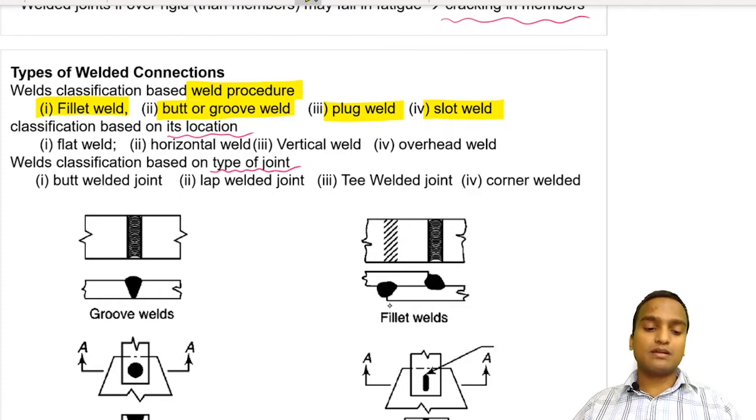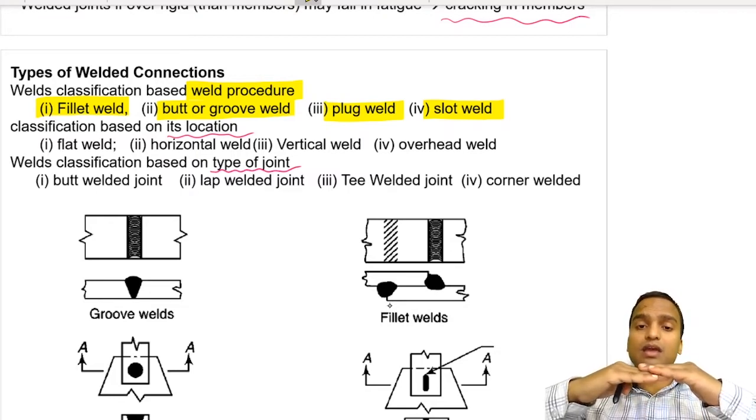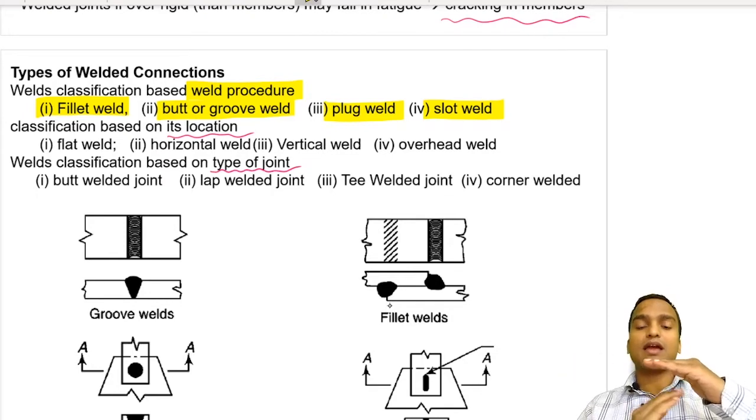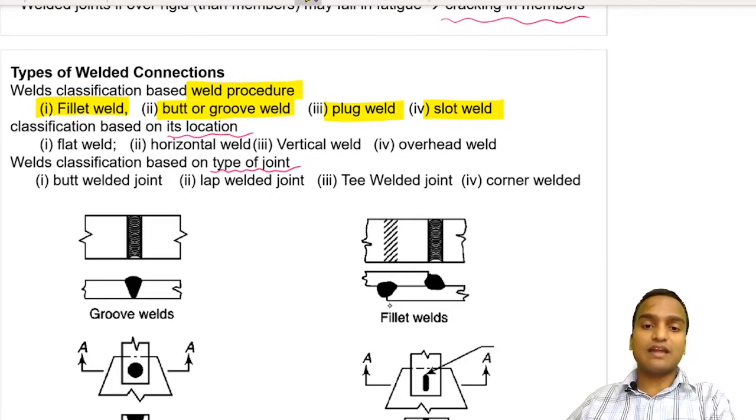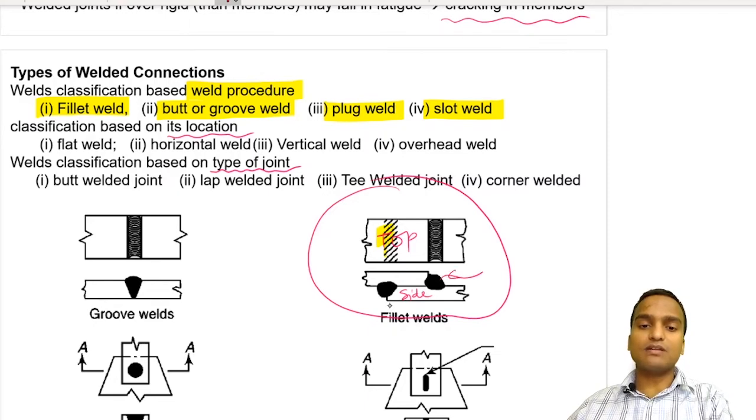Now the fillet weld is just like a lap joint in bolted connection. We bring one metal piece over another metal piece, and we do welding over this line and over this line. You see it? So this is the diagram, this is the top view, and this is the side view of a fillet weld. You can see there are two metal pieces, and the dark circles you are seeing here are the fillet welds. This is how two metal pieces are connected here.